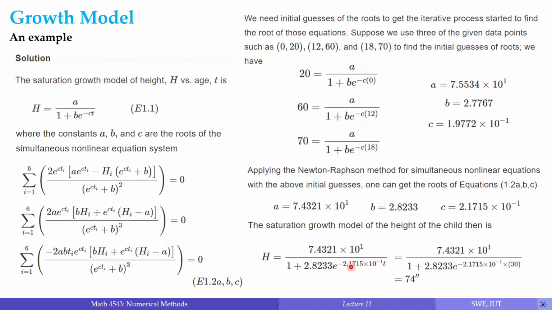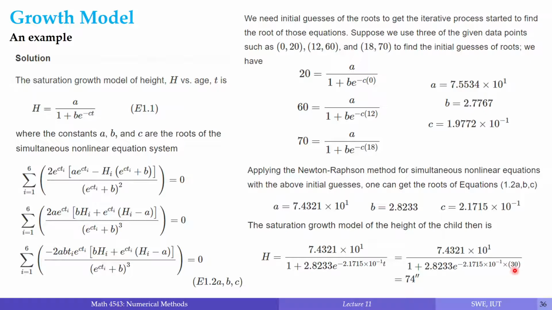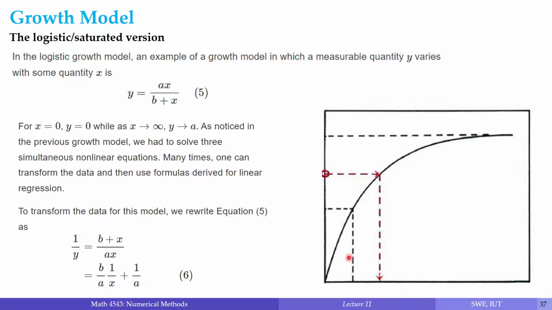If we plug in the value of t, the question asks us to find the height of the child at 30 years old, when his age is 30 years. So we plug in the value of t as 30, we get a value of 74 inches, right? So we can say that using our growth model, we can predict that at 30 years of age, the child will be 74 inches tall. Okay, fine. Now that we have learned the original growth model,